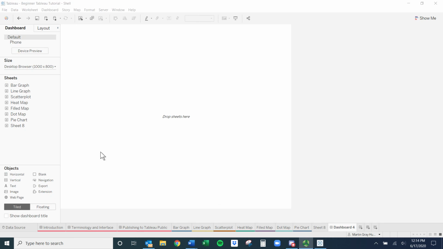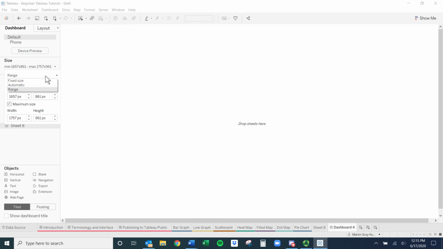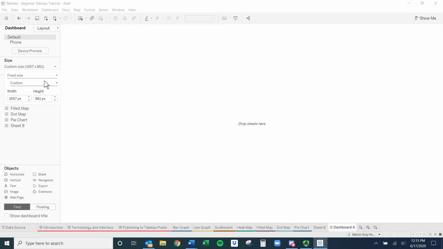And so dashboard is a way that we can sort of connect multiple visuals. And there's no way you're going to master this. There's no way I can tell you all of this in this short, well, it's getting long now, video to have you know everything. So I just want to talk about the basics. So first off, it comes out like this, and you can choose your size. So it comes in a standard size, a fixed one, which is fine. But if you know you're building something for something specific, you can change it to automatic. That's not what I want, great. Range, sorry. And then, what am I doing here? Fixed size, and then